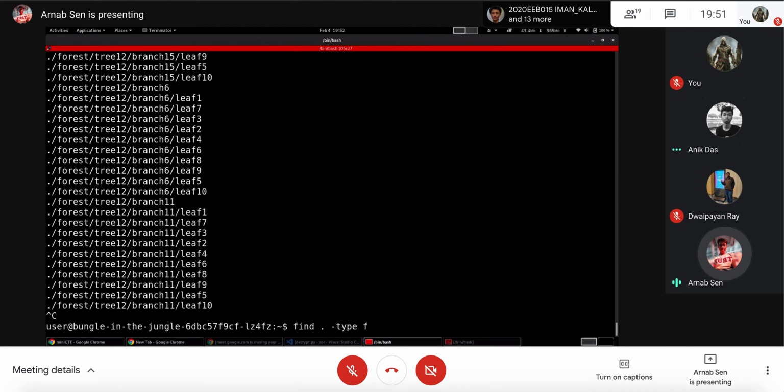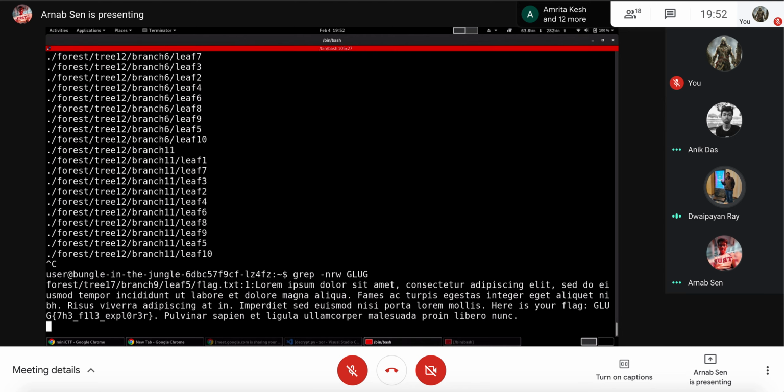Is there a flag.txt file at the end? I think you can recursively grep, minus R. Or grep minus NRW, capital R. NRW you can use. Yeah, now grep over the text. Really? Wow. Yes, sir. Okay, I wasn't aware of this thing.